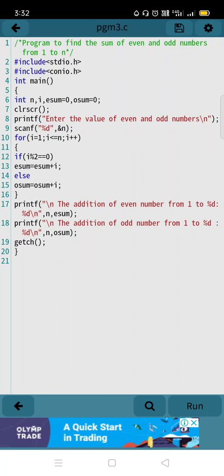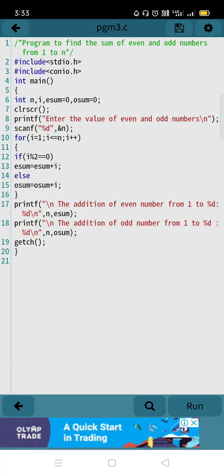In the second expression, you took one condition: I is less than or equal to n. Say I value is 1, and if you enter 5 as the n value, then 1 will be compared with 5, less than or equal to n. Then I incrementation is given. Until this condition becomes false, I will get incremented. The condition is already true, right? I is less than n. That is how the statement works.